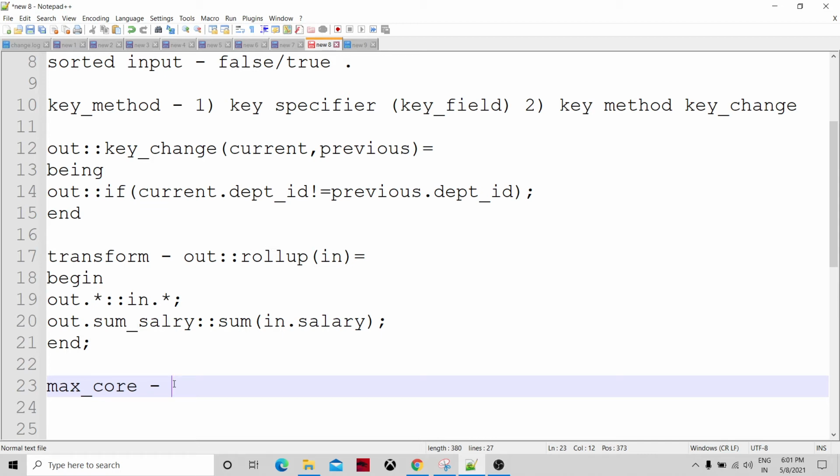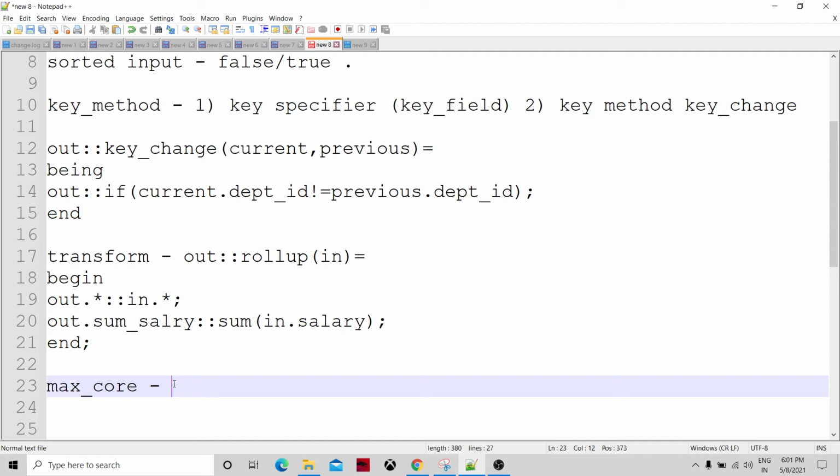So for a particular department, there could be a possibility that it's in the beginning of the file, or in the middle of the file, or probably at the end of the file. So the rollup has to hold all the records to ensure that all the records have come.